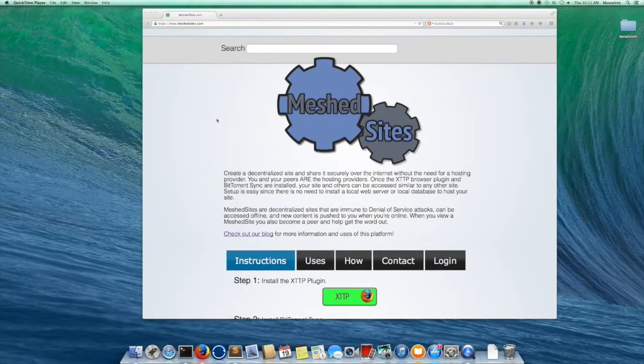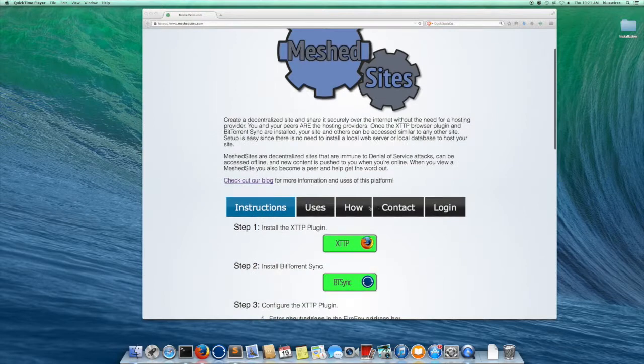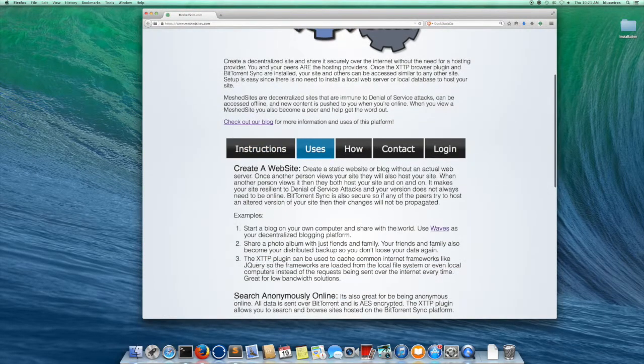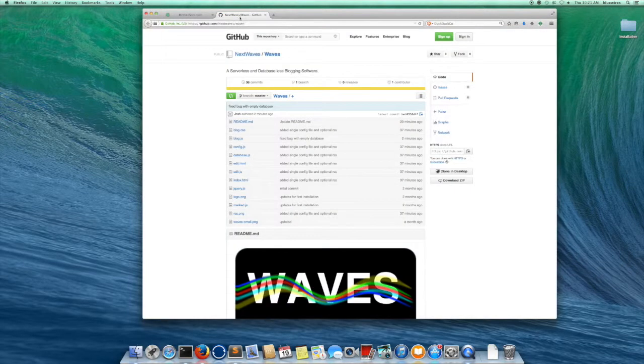Today I'm going to be discussing Waves, our decentralized blogging platform. Waves uses a NoSQL JSON-only database that can be saved along with your site, so it's easy to deploy and easy to replicate across different instances. To access it, just click on Uses on our site and click the Waves link, and it'll take you